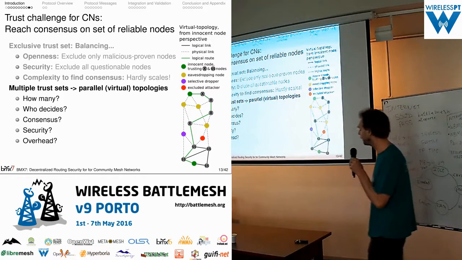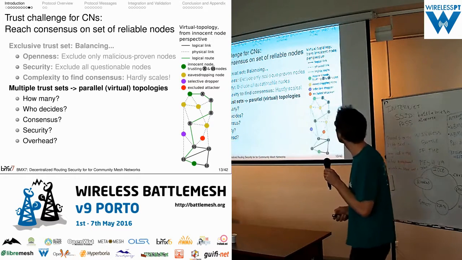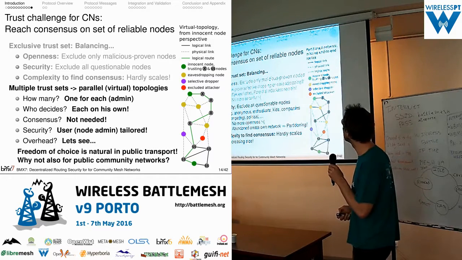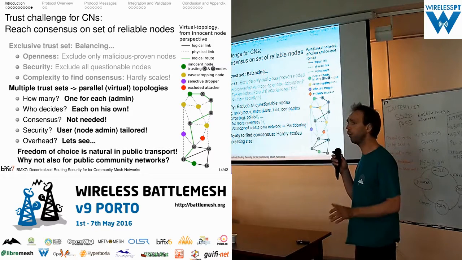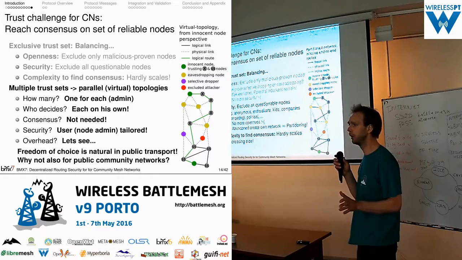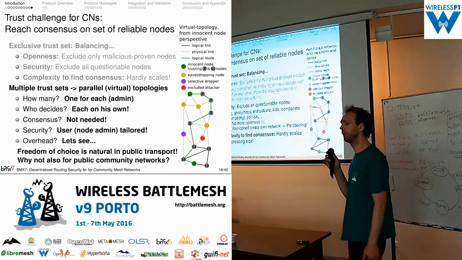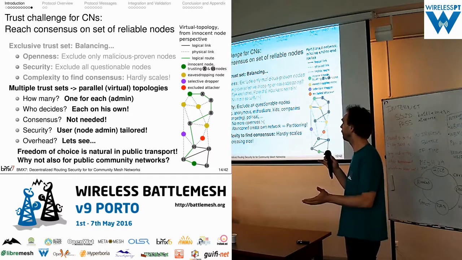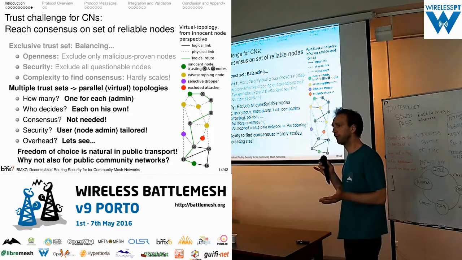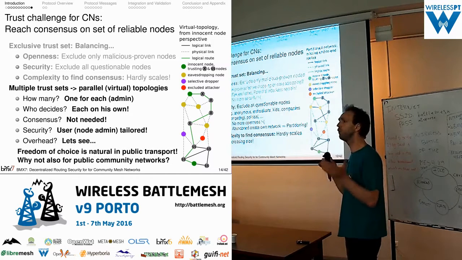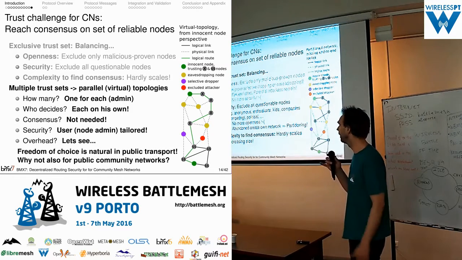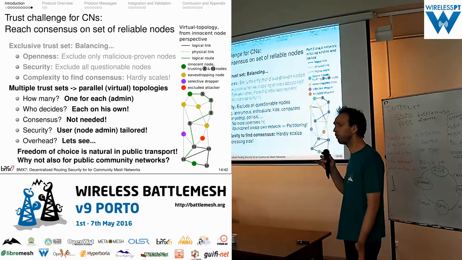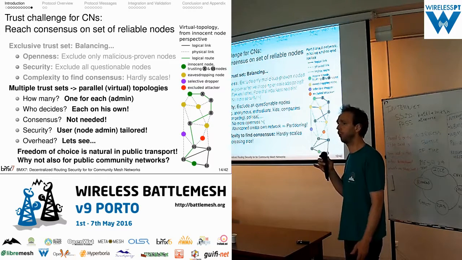In fact, a common suggestion I often hear is to have exactly two topologies, one with the core nodes, which are considered to be secure, and then one which is open to everybody. And then people say, now we have a secure and an open network. But the truth is you have two networks, one which is open but insecure, and you have a completely separate network which is secure but not open anymore, it's closed. You cannot simply join it as somebody who is not known or not well known to the community.